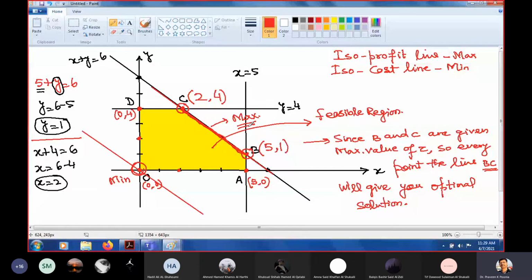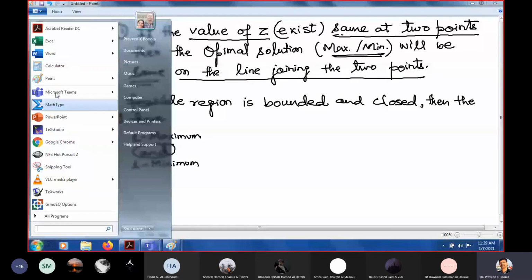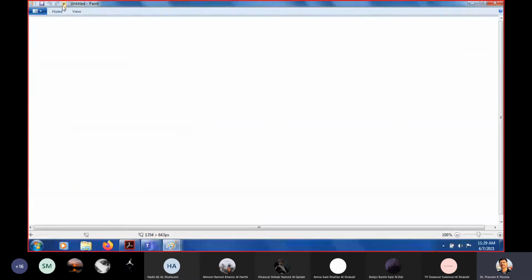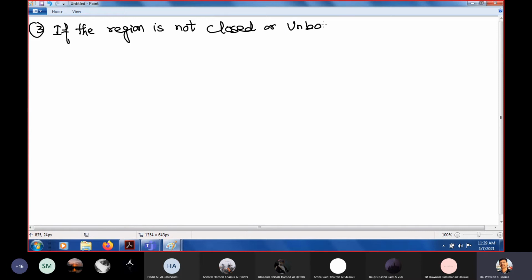Why? Because it is closed. You can see it is closed. So we are having a maximum and a minimum value. Now property number 3. If the region is not closed or unbounded, meaning the region is not closed or it is unbounded, I will show you. Clear? Then